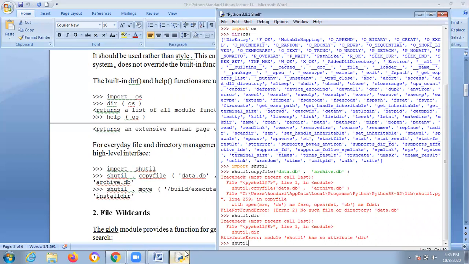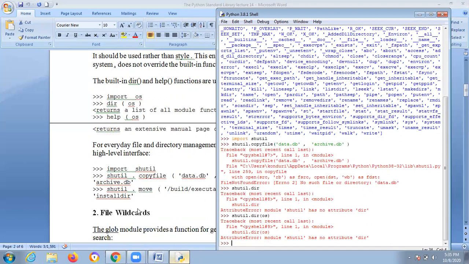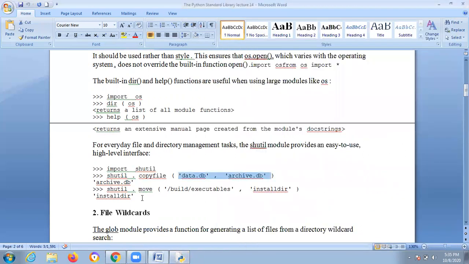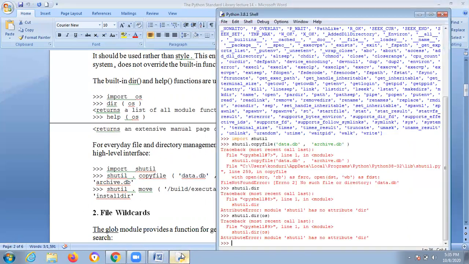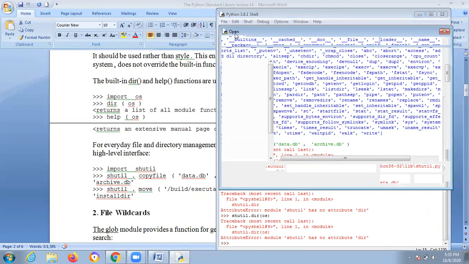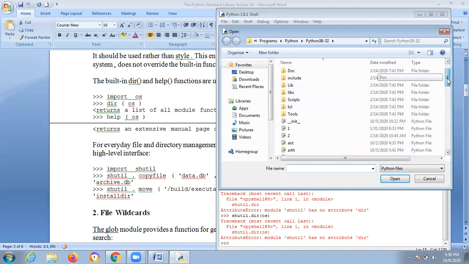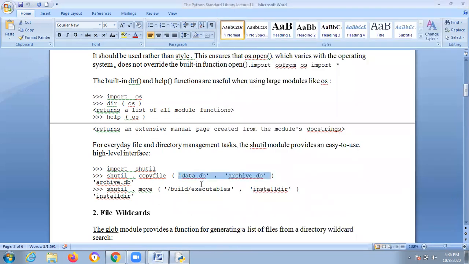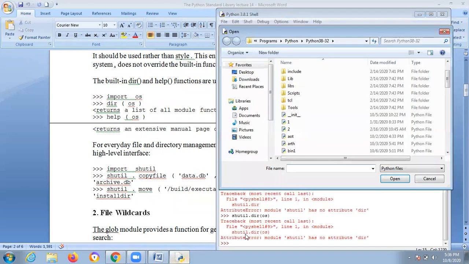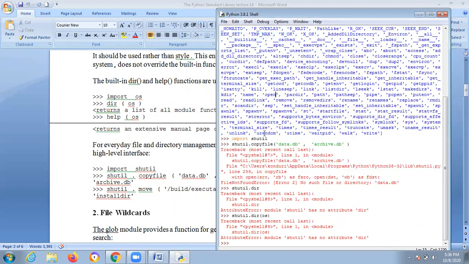Shutil dot. First, how will we see now? File open. What directories do you have here? In Python, what directories are there? Some files are there, right? So one dot py copy file: one dot py is the source and this is the destination. However, you can build on your own.